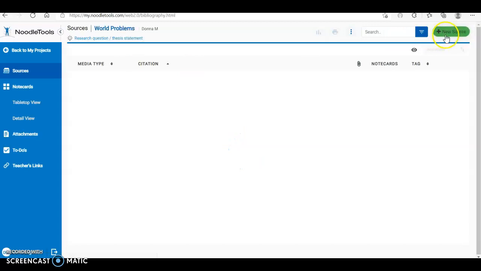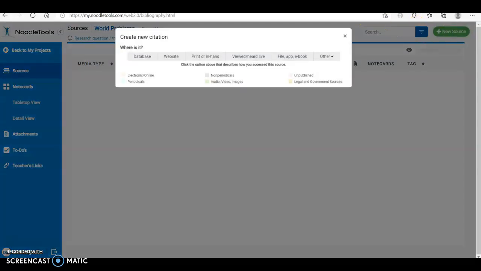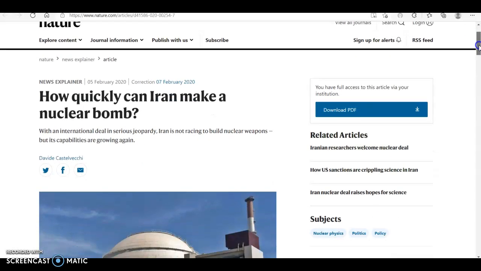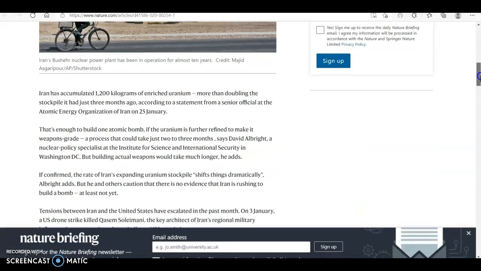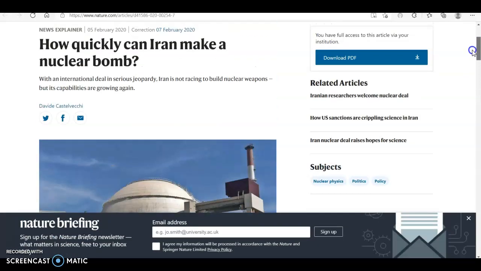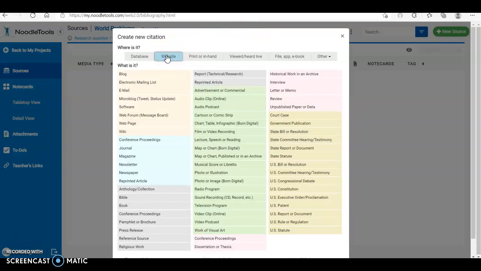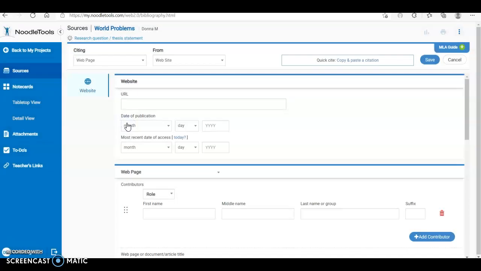So I am going to click New Source, and this was Nature. I know they have a magazine. I have to figure out if this was just on their website or in their magazine. And the reason why I say that is because when you click that you found it online on the web, it's going to ask you, okay, is it newspaper, magazine? A lot of you will select web page, so I'm going to do that